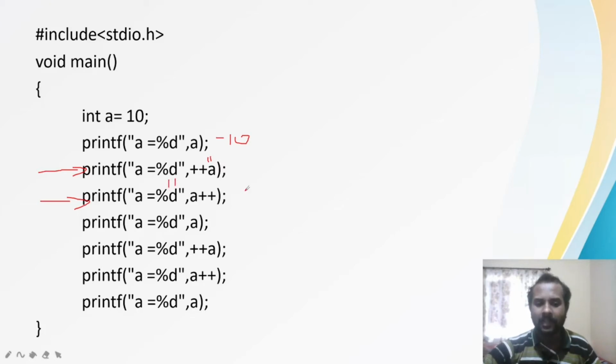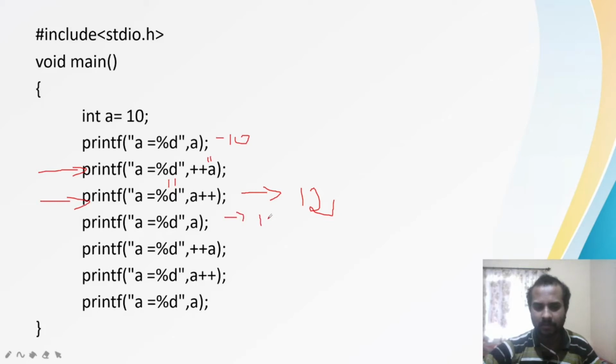Then after the execution of the statement, a will get incremented and it will become 12. What value is printed? Only 11 is printed. So 10, 11, 11. But after the execution of this line, 11 is incremented to 12. Here it is 12.